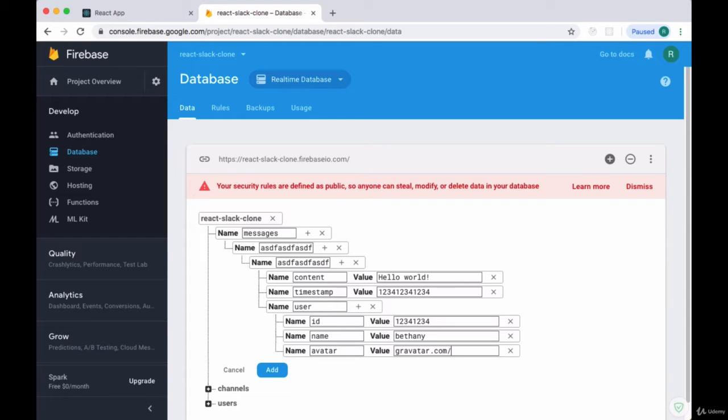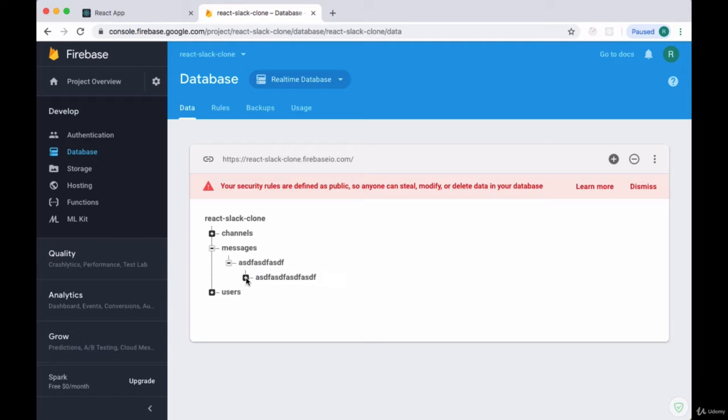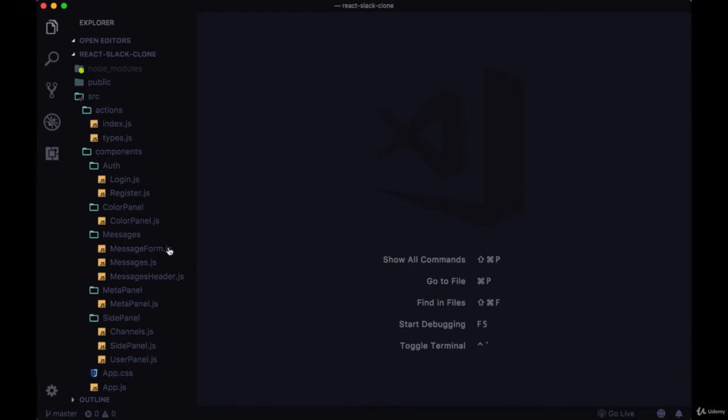And we can add this example collection to take a look at what our messages collection might look like. For each channel ID, we'll have an array of messages that are added, and on the messages collection we'll have an array of channel IDs for all of the channels in our app. So we'll delete that, head back to our messages component,